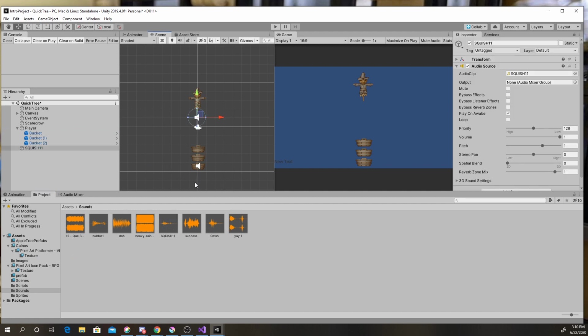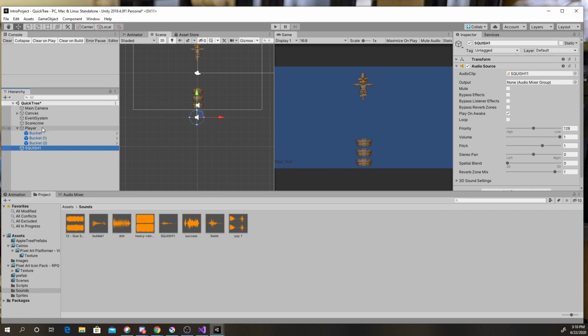And it's going to be down here, just down there, squish 1. And we'll just call it squish. And who needs to see that? The apple